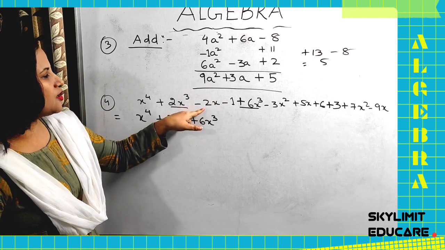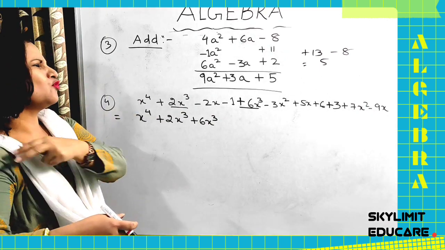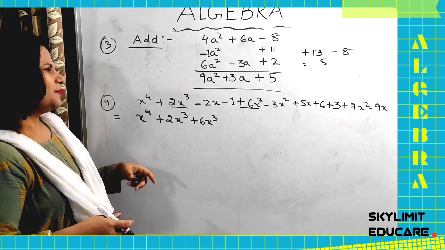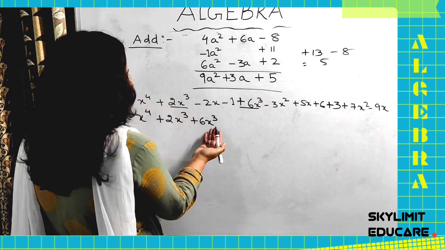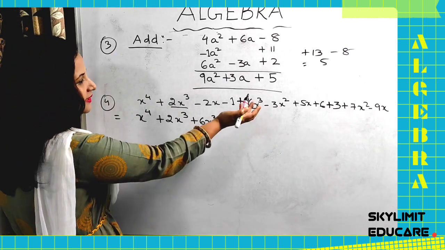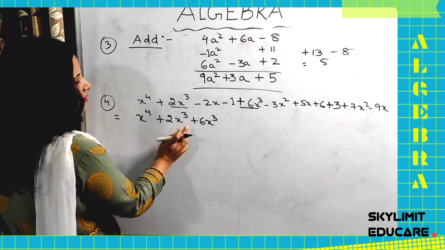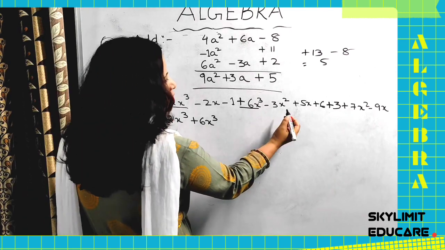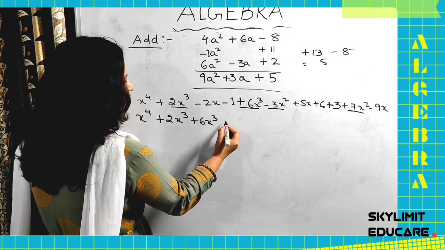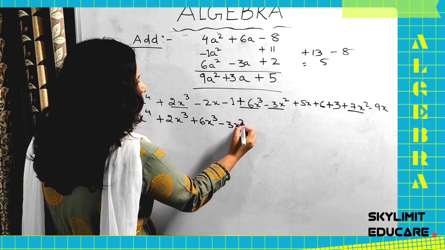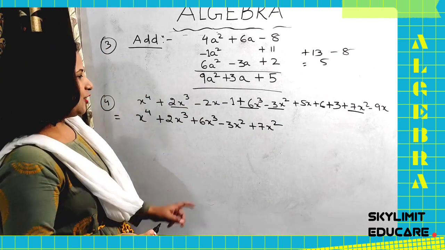Next, instead of writing x, it is good always to write in the standard form, but always you won't find the answers in the standard form. But it's preferable to write the answer in the standard form, okay? So let me take the next power of x. What is the next power of x? Obviously it is 2. So power 3 is over, so let us take 2. So you have here minus 3x square and you have plus 7x square. So let me write it minus 3x square and plus 7x square. Clear or not?